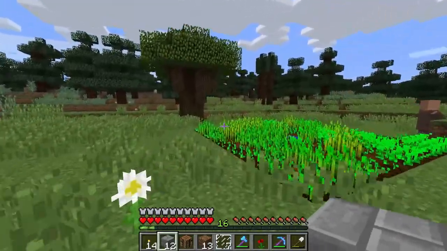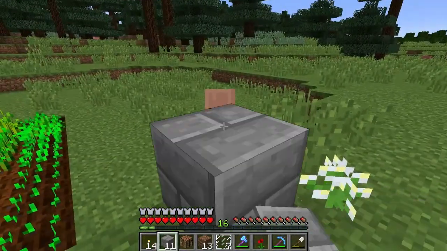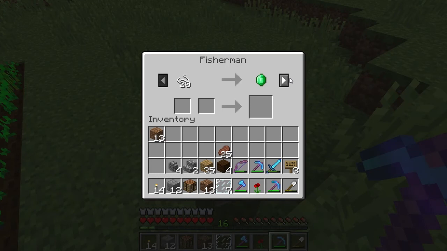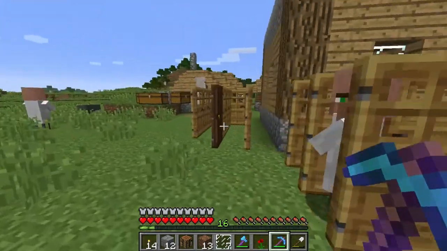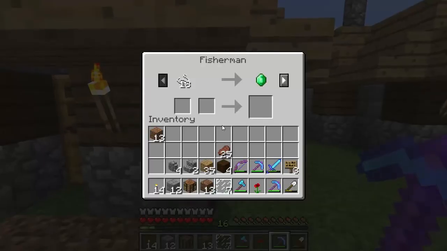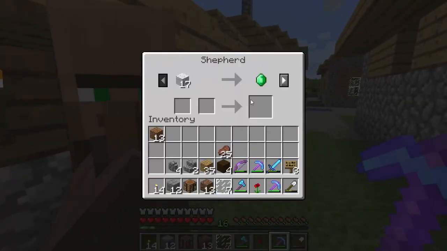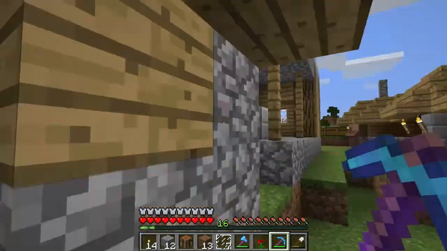I also built this garden, this wheat field for these farmers, and they've been planting in it. And I've done a couple trades. They have some really good ones. The actual farmer does. Where's he at? I really want to protect him, but I don't know if it's all of them or just the farmer has the ability